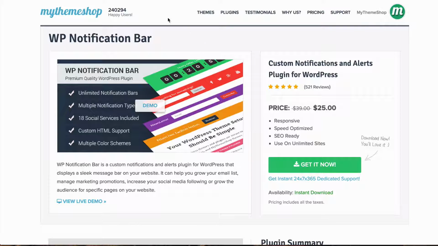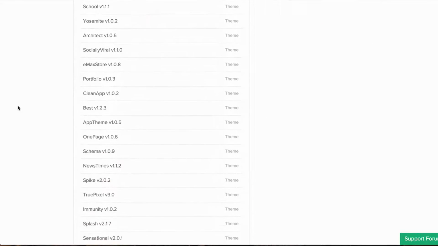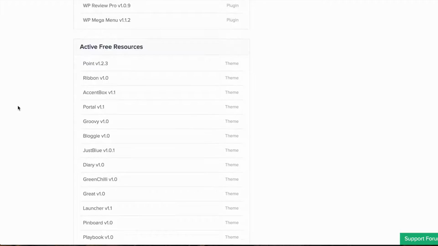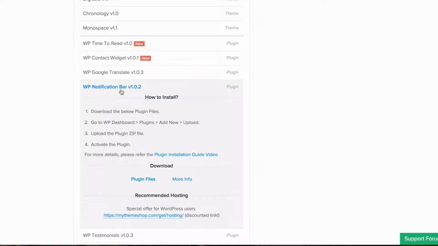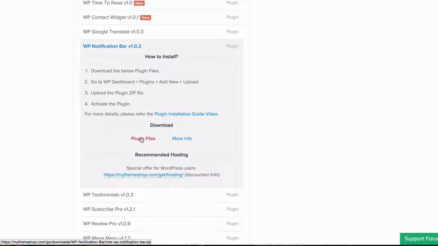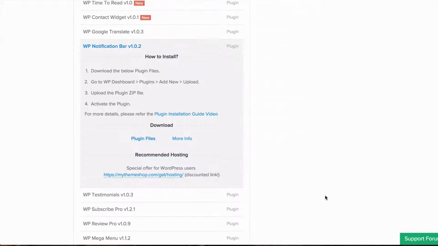So you'll want to head over to the My Theme Shop member area at mythemeshop.com/go/member. If you scroll down there on your active premium resources, then you want to expand WP notification bar and click download plugin files. I'm just going to save that to my desktop, and then you want to head over to your WordPress dashboard